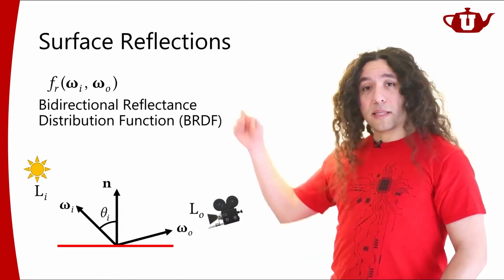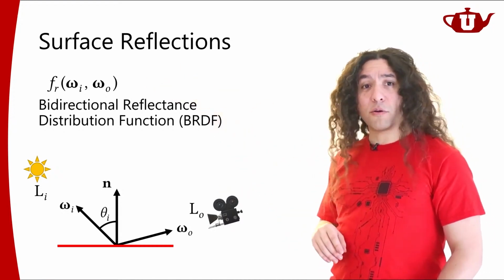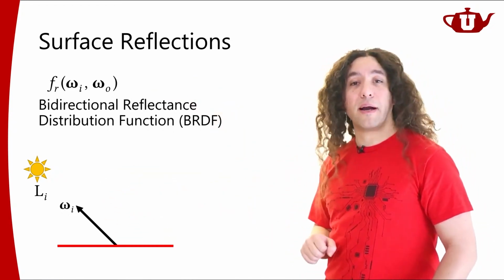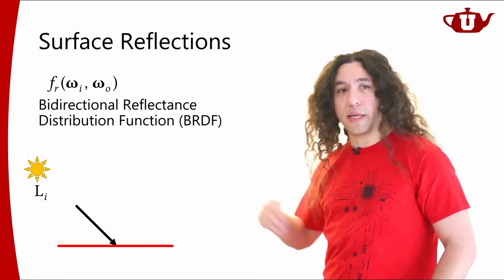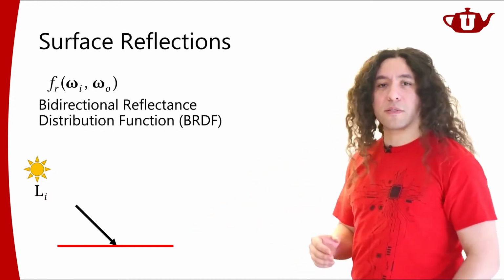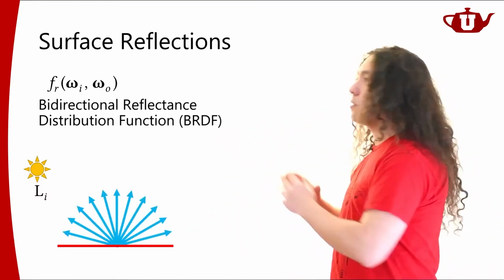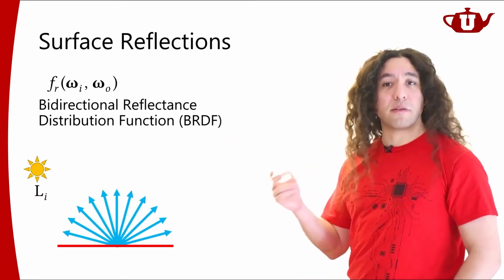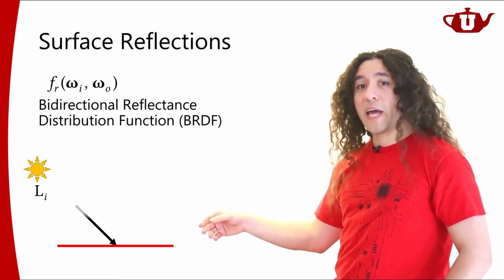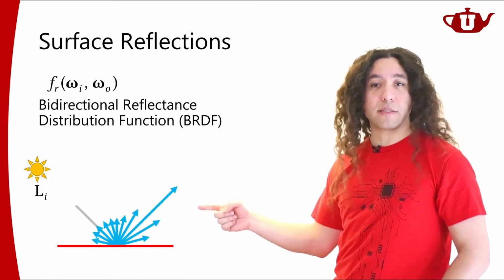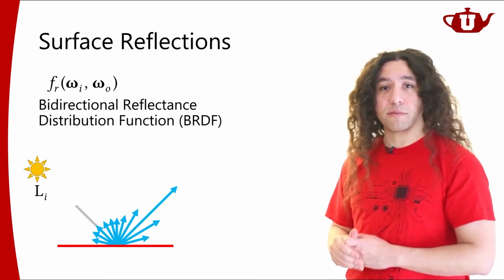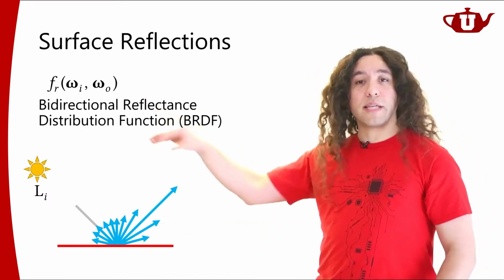So this function, the bidirectional reflectance distribution function, is going to tell me, for light coming from a particular direction, omega I, from that light source and hitting this surface, how it is reflected. If it's reflecting perfectly diffusely, it's going to be scattered in all directions in equal amount. But in general, for a material, it's not going to be quite like that. Light hitting the surface is going to favor some directions more than other directions. So in some directions, I'm going to have stronger reflections, and in some directions, less reflections, right? And this function will tell me what it is.